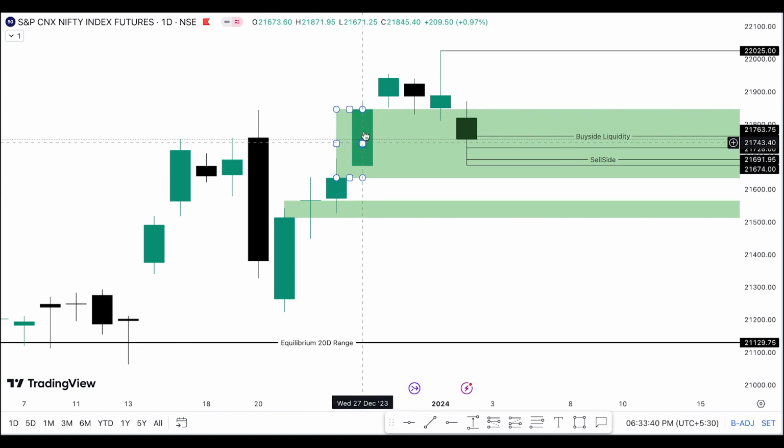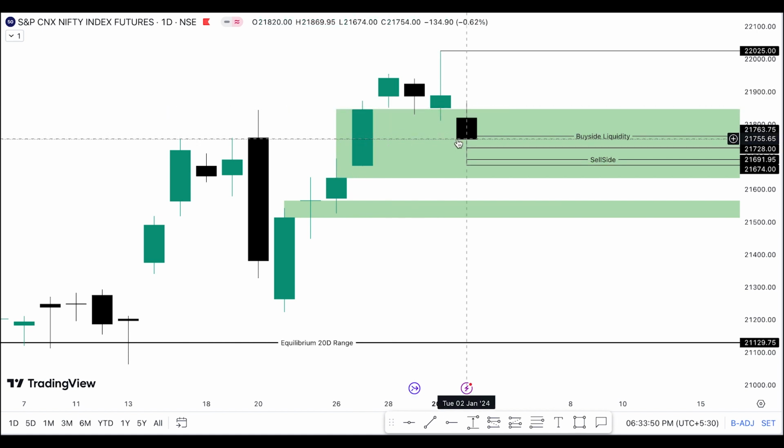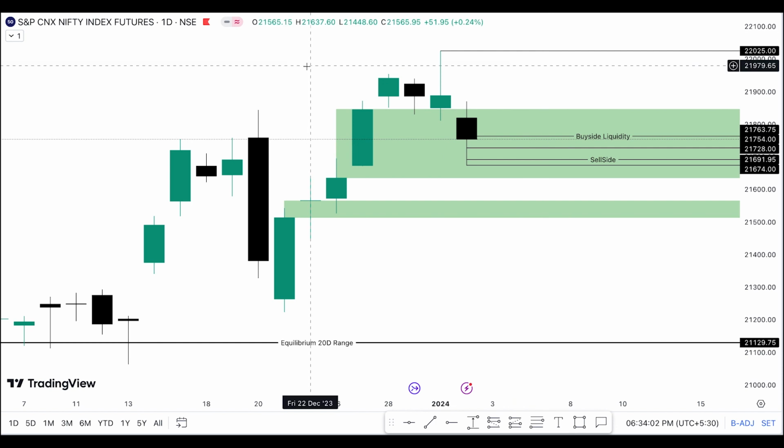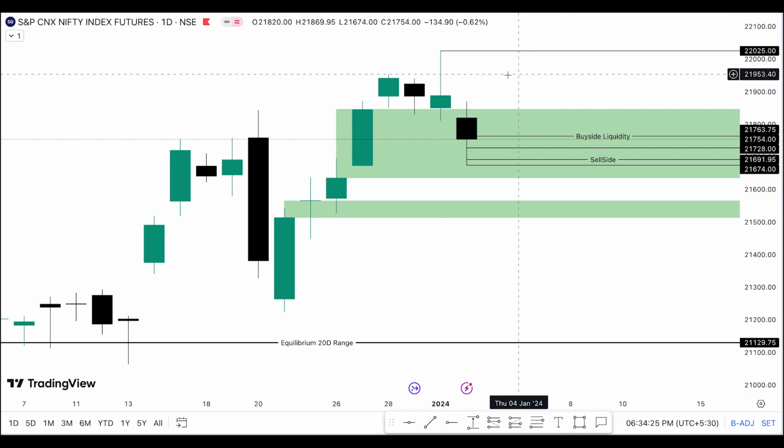It was fully directional, and the hope whenever we get such one-sided movement is that the institutions would want to drop back into that level and give us a particular price bounce, and they would want to come back and rebalance that particular area of liquidity. The concept behind that is very simple: for every green candle that is going directional, we need to have either a consolidation in that area, or a red candle countering that area. That's when we would say that the institutions have played both sides of the price. Again, this is very brief given the time I have to explain it, but that's the baseline